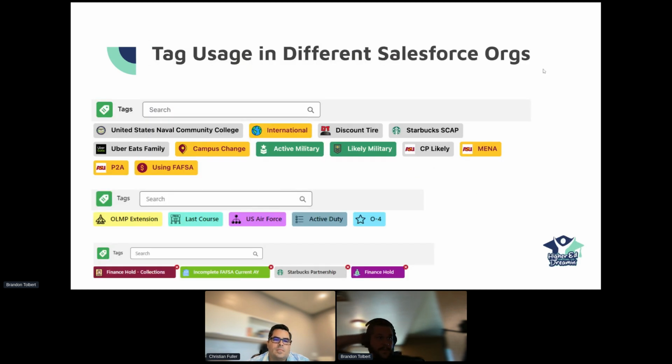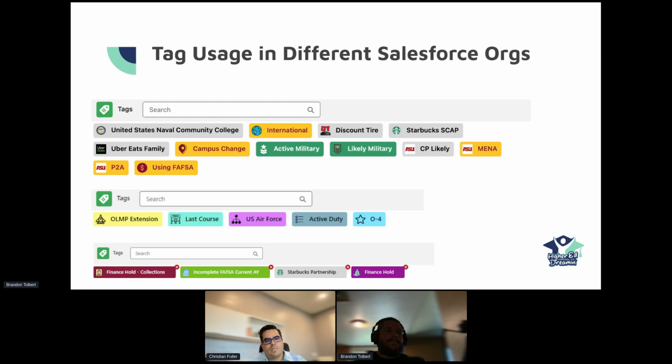I believe this is the final slide before I potentially get into a quick demo, just to show you how easy it is to set up a tag and automate that within the org. We've been successful because we're in the Ed Plus org. We kind of pioneered the tags. We were able to garner additional support from some of our other orgs within the institution to also present tags